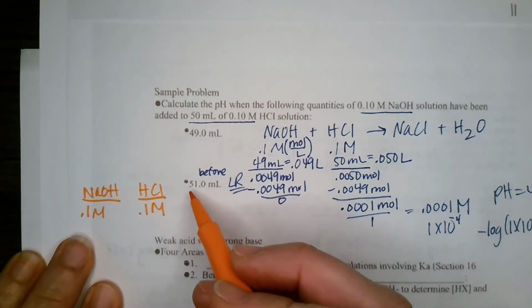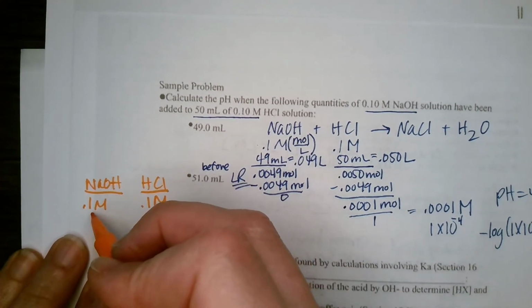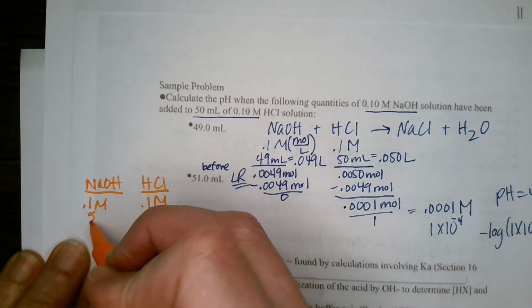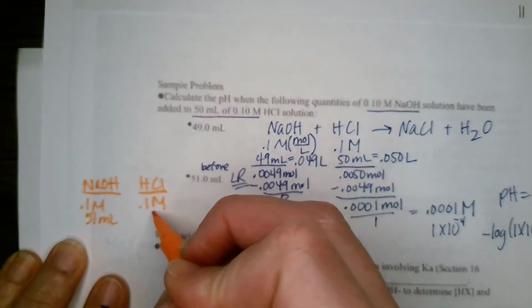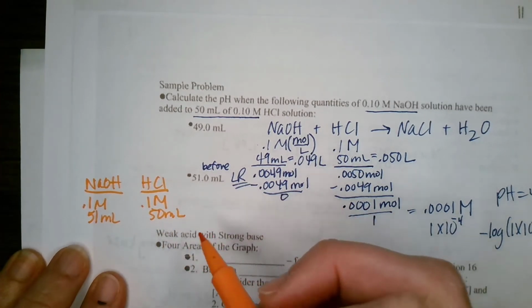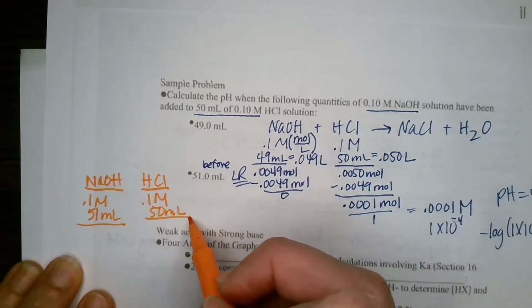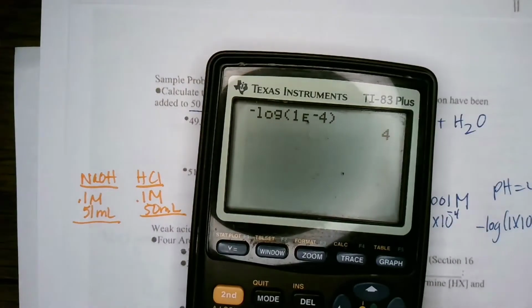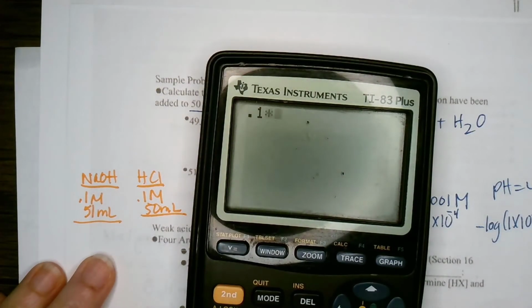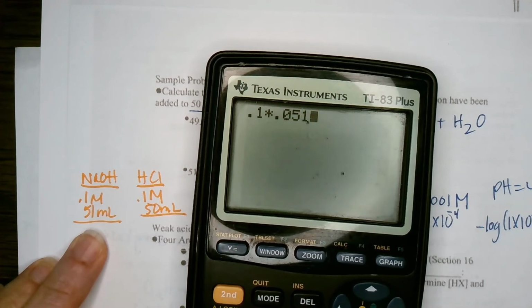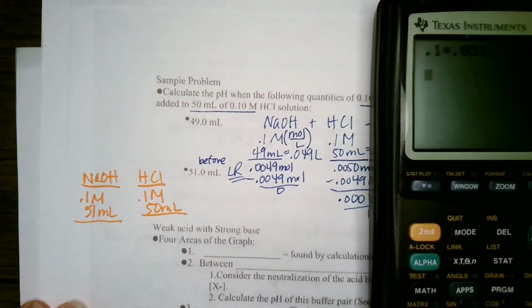For my NaOH, I'm starting with 51 milliliters, and HCl is 50 milliliters. To find my moles, I'm going to do 0.1 times 0.051 to get 0.0051